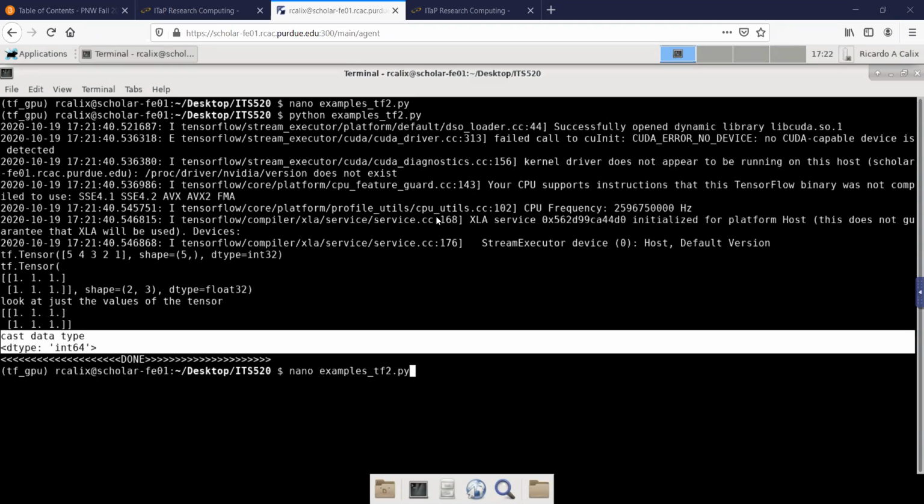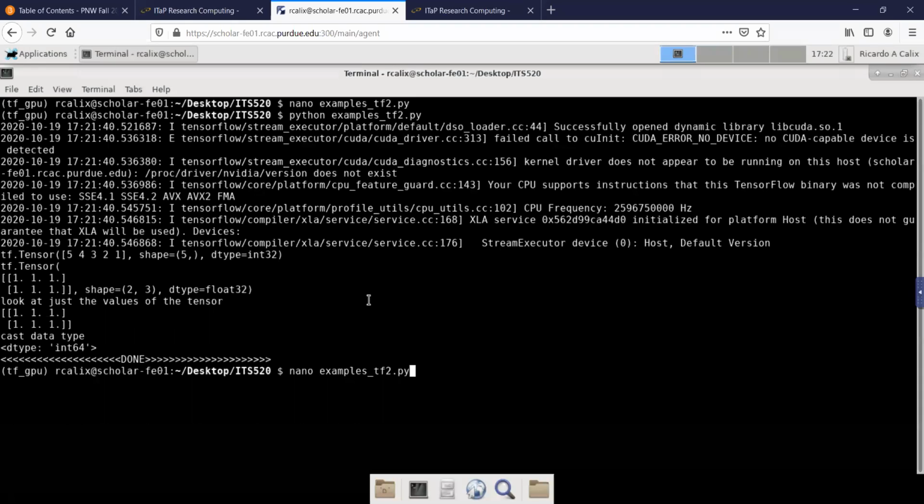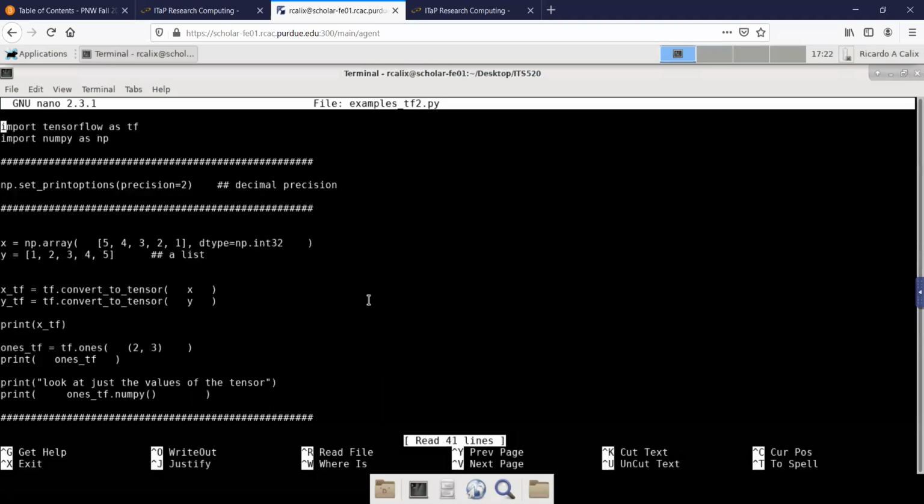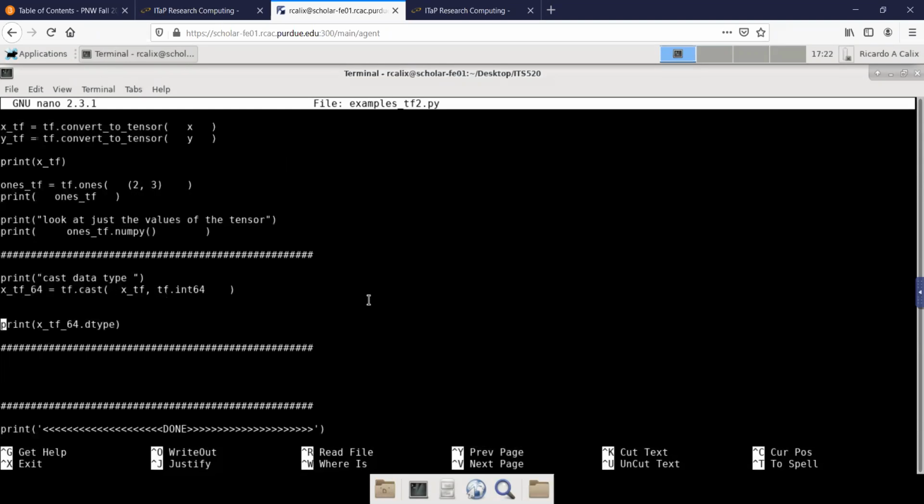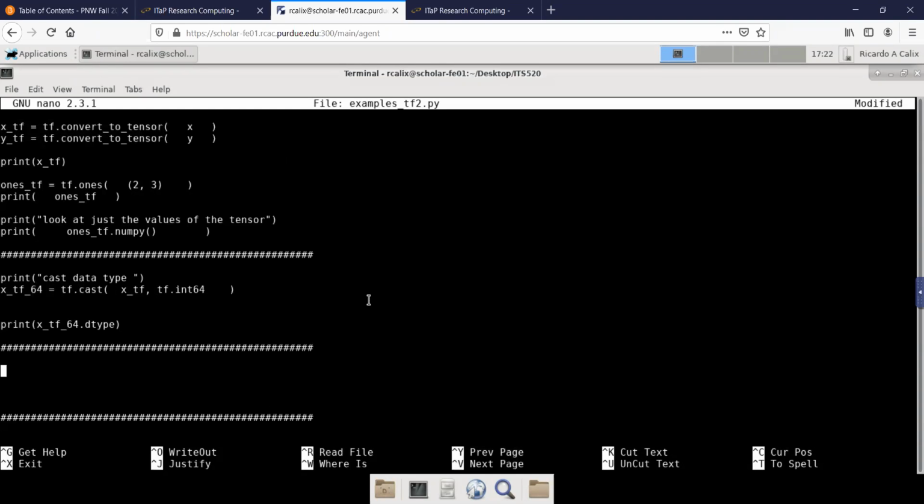All right, so let's keep going then. I'm going to now reopen the file. Again, I'm not really introducing specific concepts today. We're just getting our hands dirty with TensorFlow 2. I'm going to now show an example of something that is extremely important